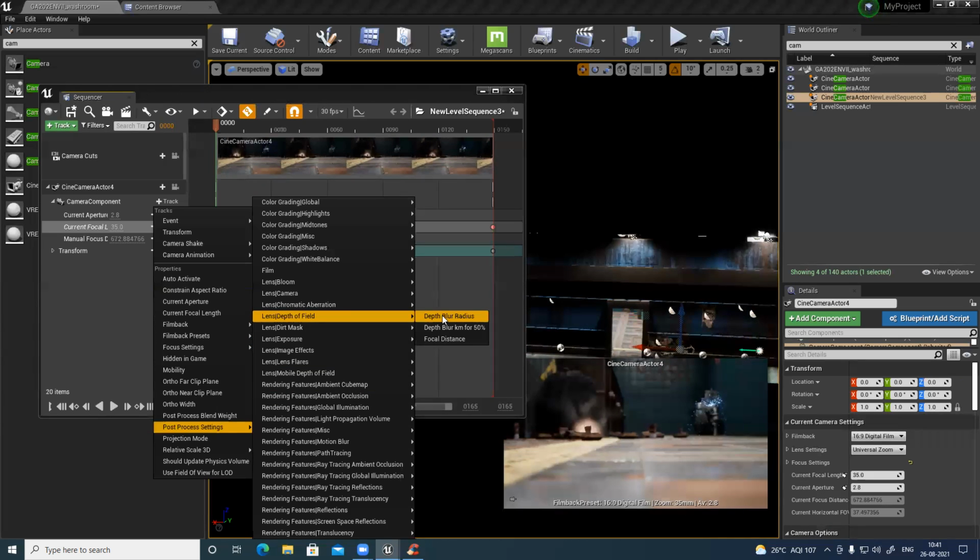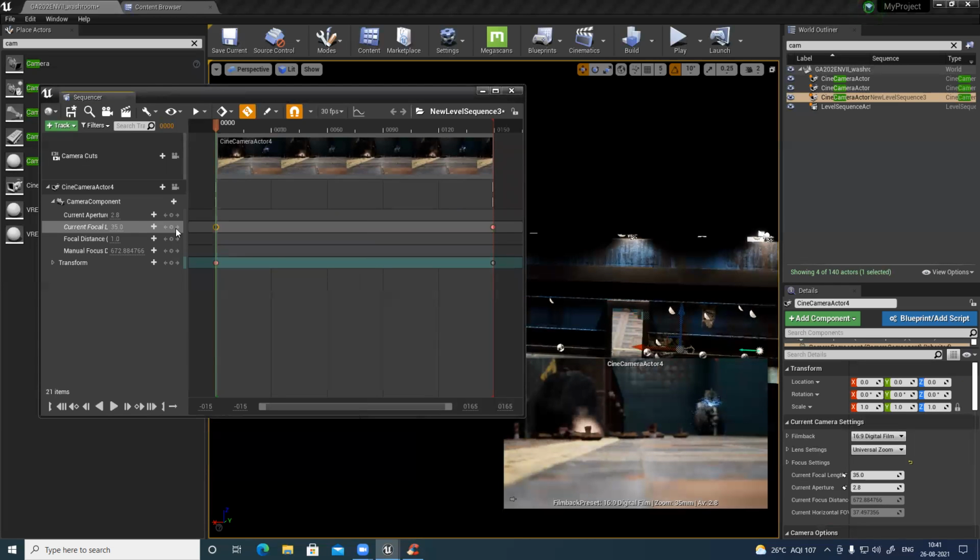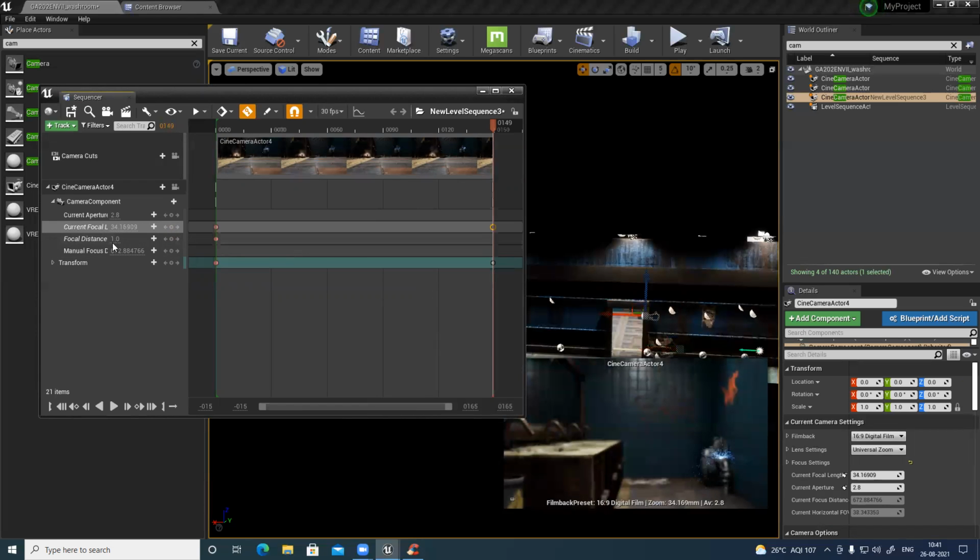So this one I can add here. Focal distance. So where to focus, basically. Click that, focal distance, make sure to add a key here, go back to the last frame, and focal distance is right now 1, and I can change it.